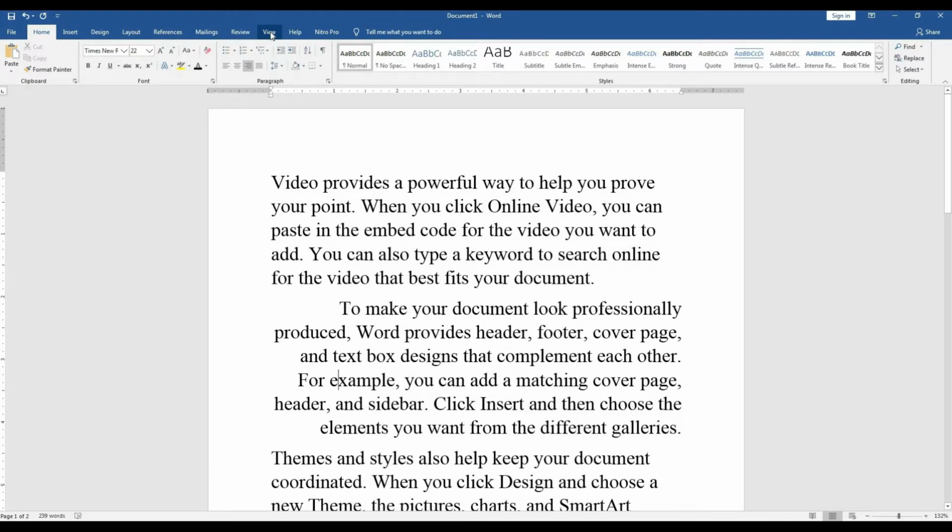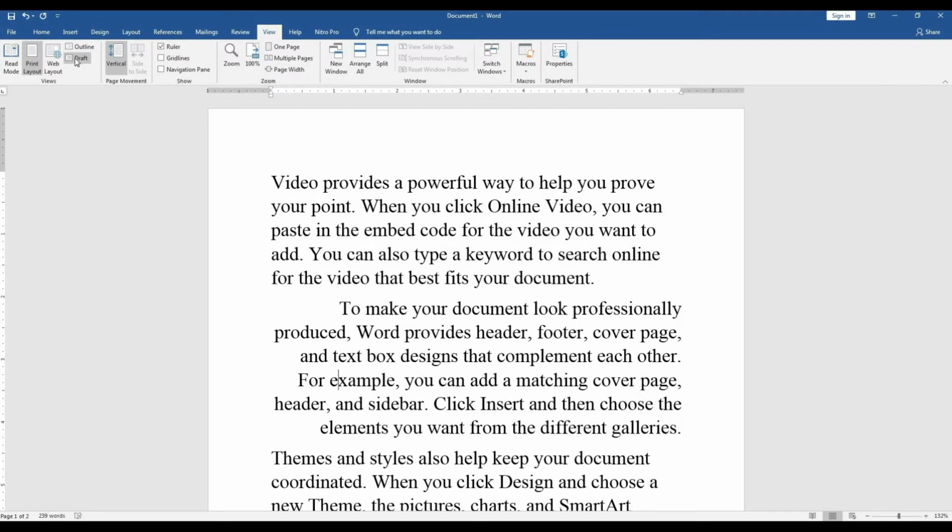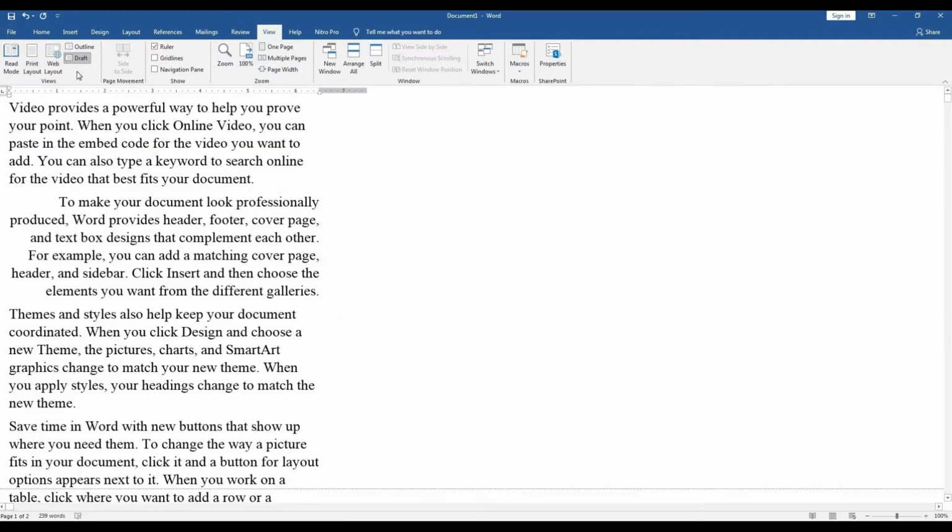Now come again to the View tab. Last view is Draft View. I am going to press it. Students, this view displays a document as a continuous text scroll, and page breaks are denoted by dashed lines.